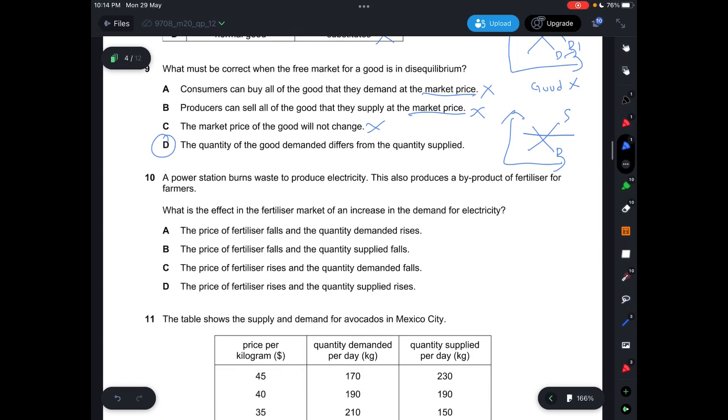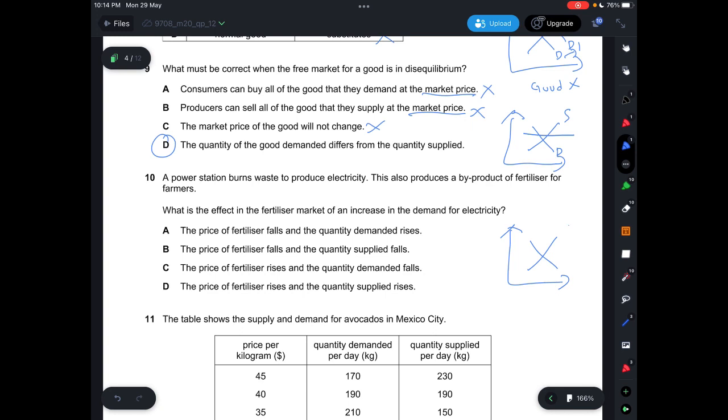Question 10. A power station burns waste to produce electricity. This also produces a byproduct of fertilizer for farmers. And what is the effect in the fertilizer market of an increase in the demand for electricity? So when there's an increase in demand for electricity, there will be an increase in supply of fertilizer. And so the price of fertilizer would actually fall because,